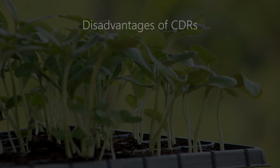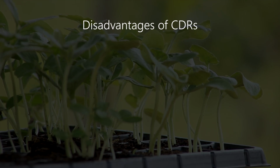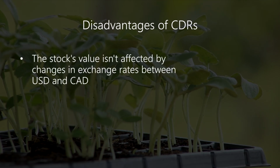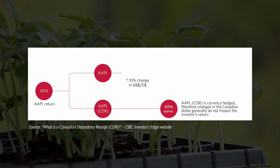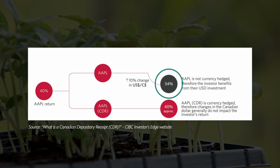That being said, there are some drawbacks to CDRs as well. For one thing, they're hedged. Yes, hedges can also be a potential disadvantage. We covered what happens when the Canadian dollar increases in value from your initial investment, but using the same example, what if the Canadian dollar decreases in value relative to the US dollar? A stronger US dollar means your unhedged Apple stock would now have appreciated 54%, which definitely beats that 40% return